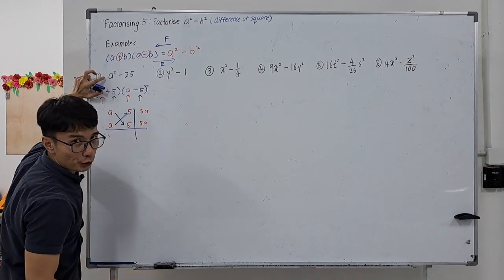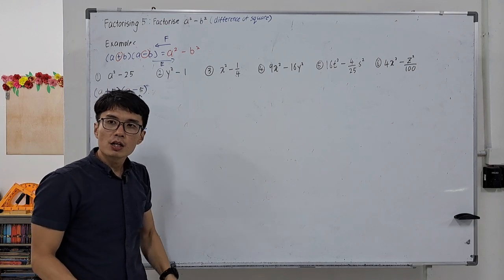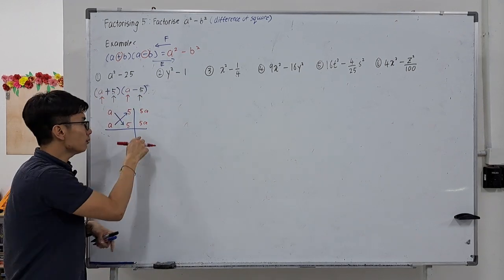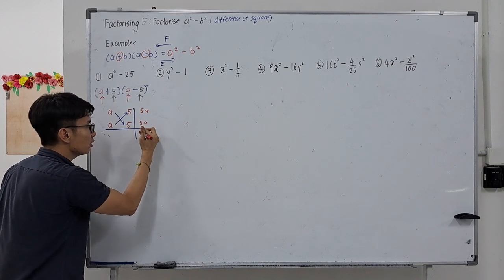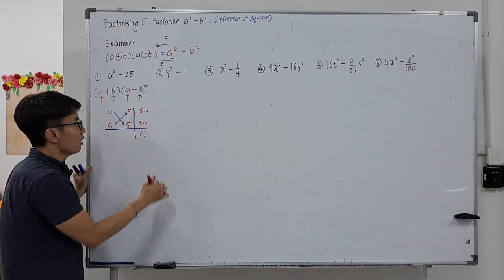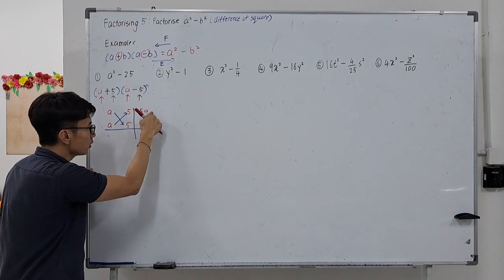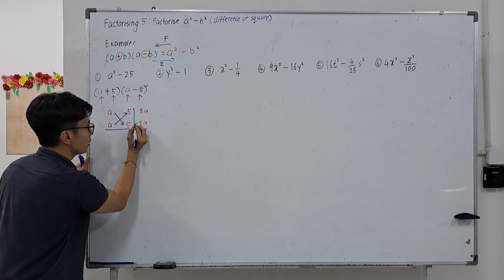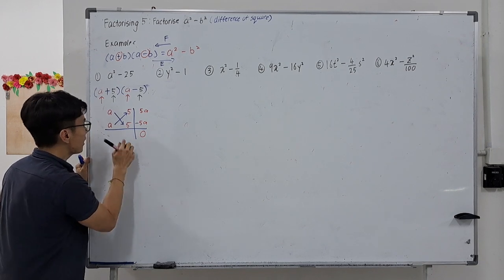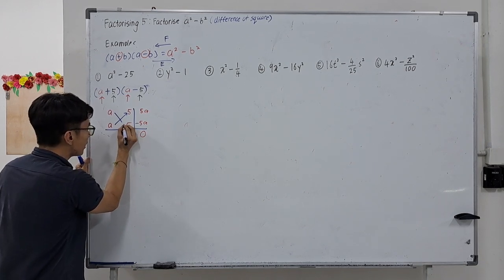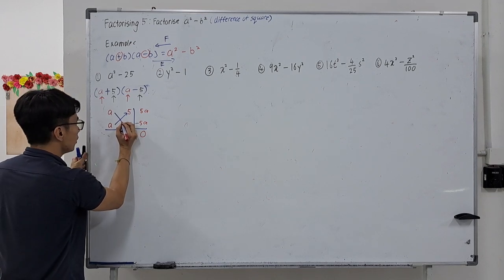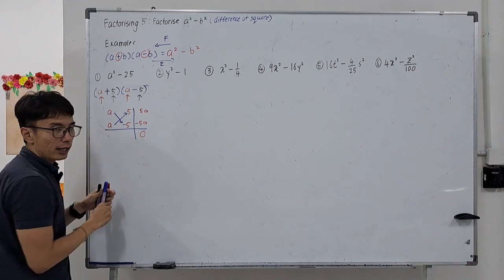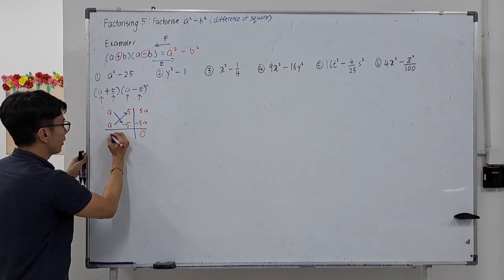But take a look at this expression over here. Is there any middle term? If there's no middle term, what does it mean over here? It means the middle term is 0, correct? So what can I do with these two numbers? In order for me to get 0, I have to add a negative over here, correct or not? So if I add a negative over here, which means I have to add a negative over here as well, right? Oops, wrong color. So with that, I can actually complete my final answer,